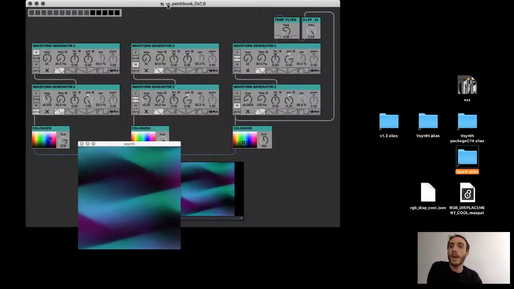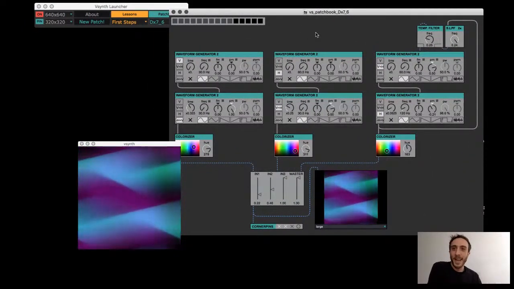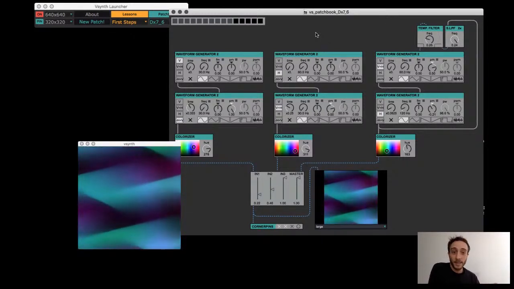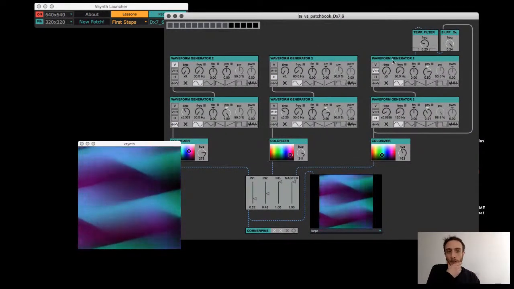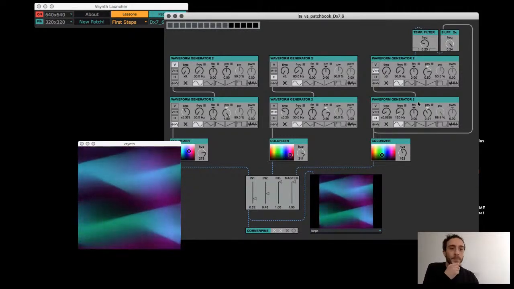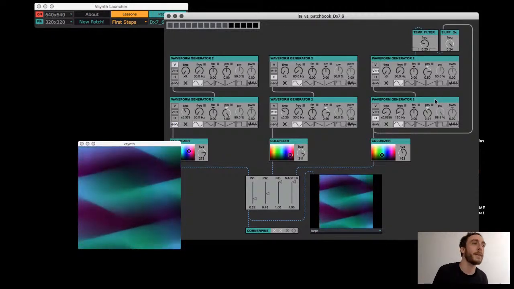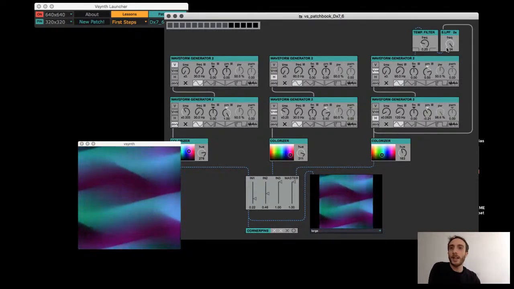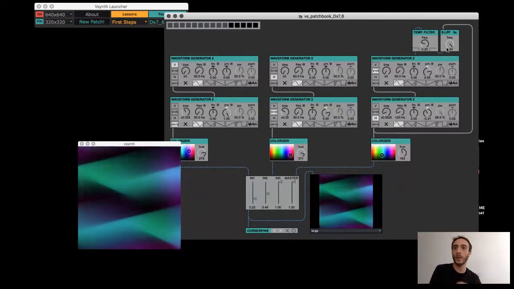For example, the first one is the DX6. And I call it this way because this is actually the 6th algorithm from the DX7 synthesizer, with some particularities. For example, this operator, which I have here, a waveform generator modulating the phase of another one, and they are creating a feedback loop between them. And for example, in the DX7, you actually don't have a low pass filter here in the feedback loop of this algorithm. But since we are not creating sounds, we are creating images,